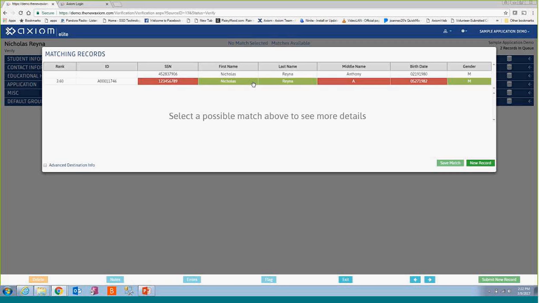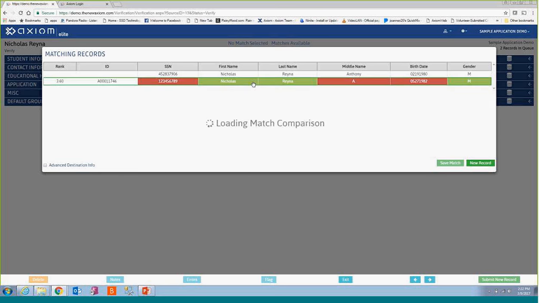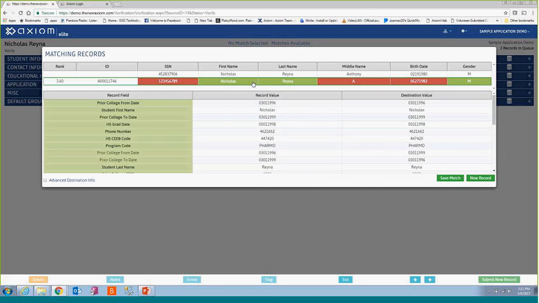When we now click on the record, if you remember in Legacy, you had this information, and then you also potentially had address information to make your match decision. In Elite, we're trying to present you with a lot more information so that you can absolutely make that match determination inside of Elite and not have to go into your SIS or whatever system the data is going to. When we look at this,